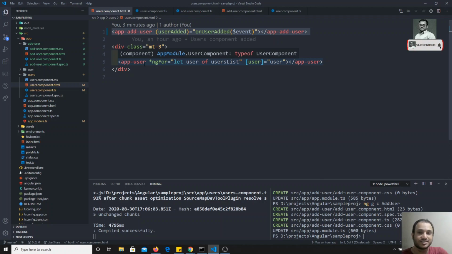Just remember that sending data from parent to child means you need to use an input parameter. Getting data from child to parent means you need an output parameter. The first time it will be very confusing, but if you go on practicing this, you will understand the difference between input and output parameters. So this is what we have about input and output properties for communication between the components in Angular.